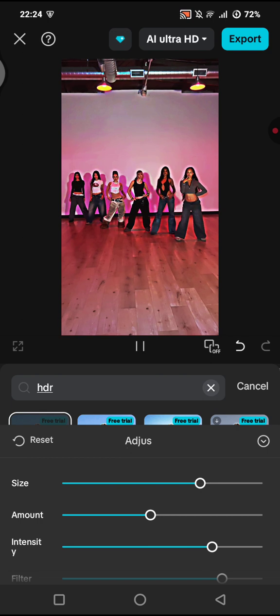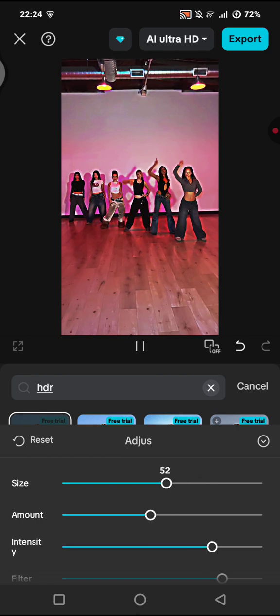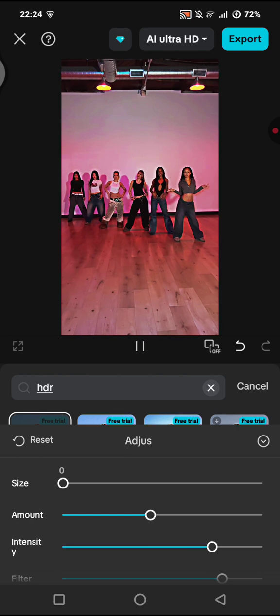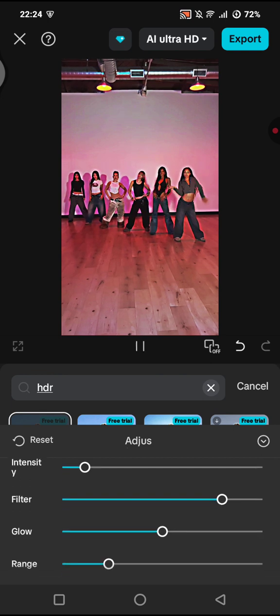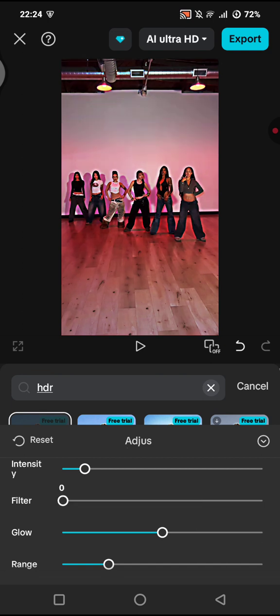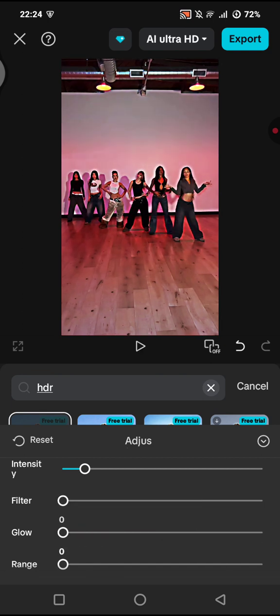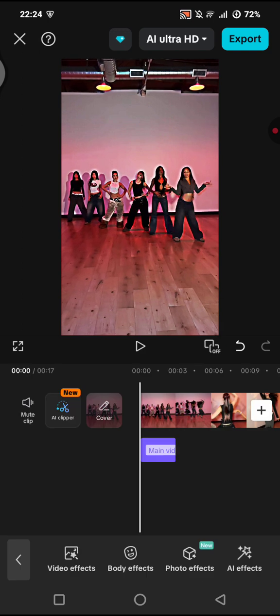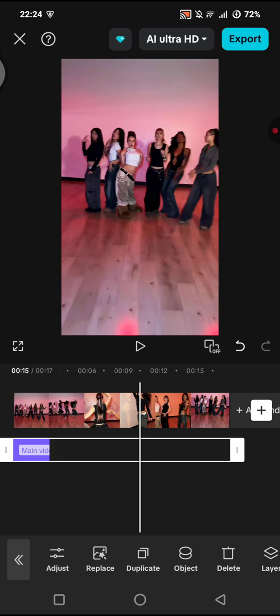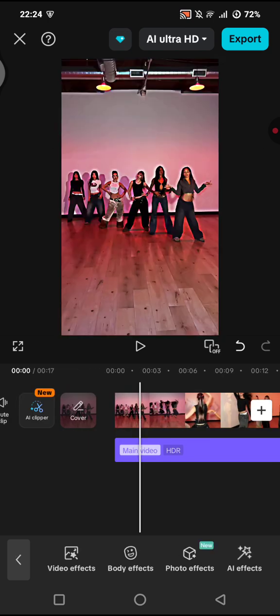So for the size, make it all the way to 0, amount 70, the intensity 10, and the filter and the rest make it all the way to 0. Okay, now hit on the check icon and make sure the effect applies to all the clips,